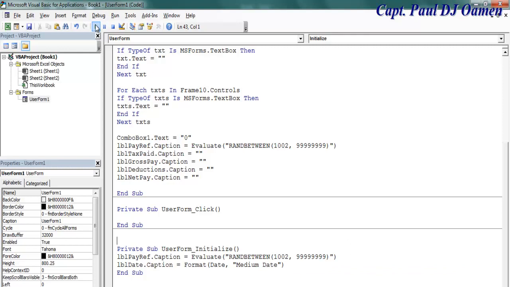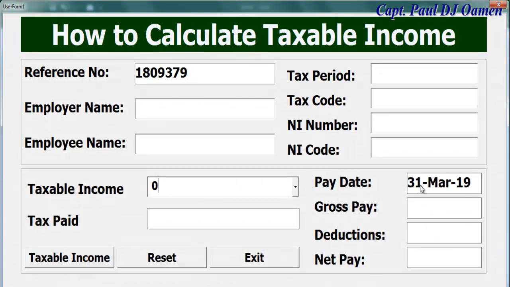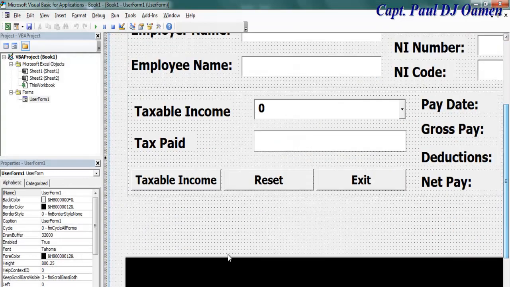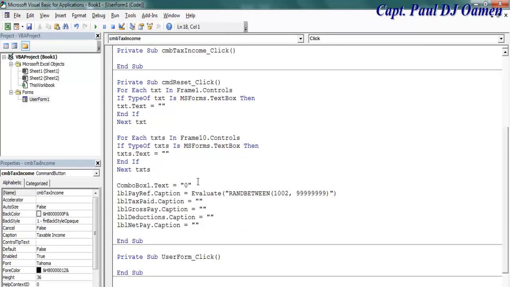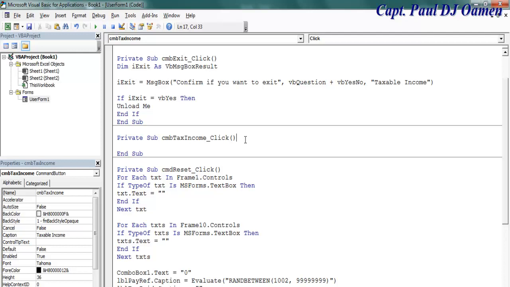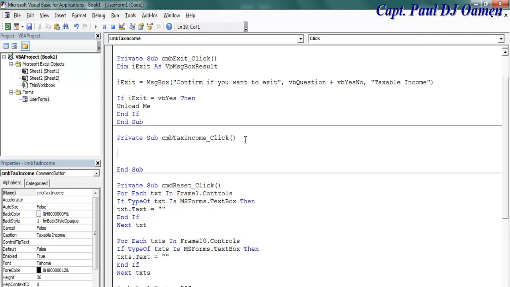So if I run it now, we should be able to see the date. You see, we have the date, we have the reference number. I'm going to exit now, and let's take care of the taxable income. So double click on the taxable income button, and right in here we're going to use an if statement. If the combo box itself, ComboBox1 dot text